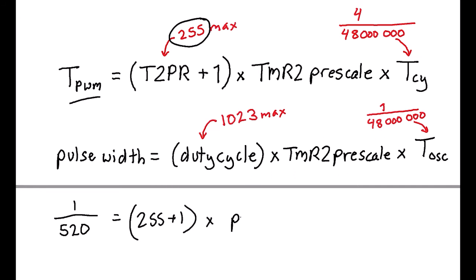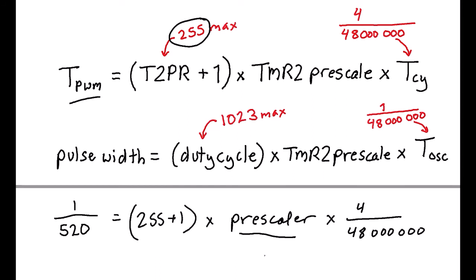And then we'll have the prescaler, which we're trying to find, and then TCY, which is set by our microchip. So now we've got these values, and we can just plug this into our calculator and solve for the prescaler, which in this case turns out to be 90. Now the thing is, there's only certain values for the prescaler that we can use, so we're going to take this value and round it up to the nearest prescaler value that we're allowed to have, which is 128 in